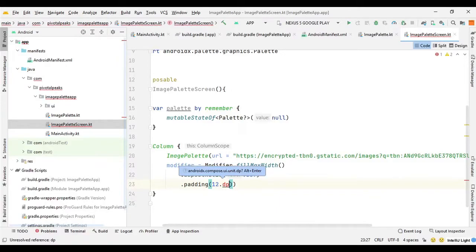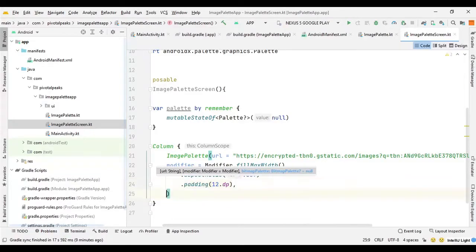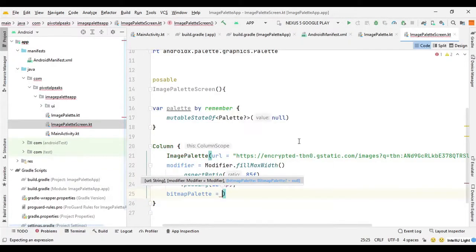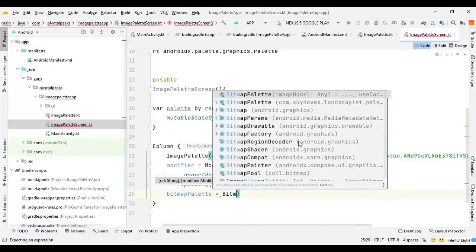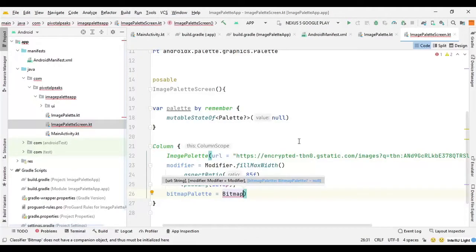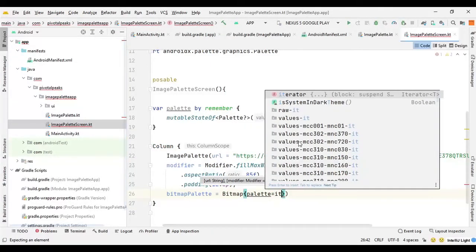And also we need to import the dp, so alt plus enter, and we imported the dp. And after the modifier, we can provide the bitmap palette, so we can say bitmap palette equals, we can choose the bitmap palette, and here we need to provide the palette itself, so we can say curly braces and palette equal, we can cast it to it.